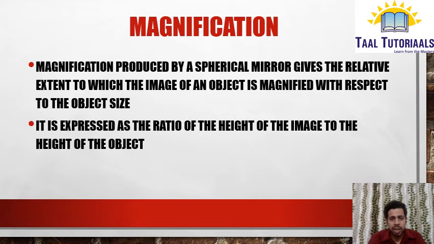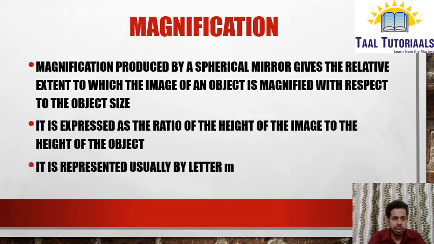If the height of the object and height of the image are the same, then the magnification is 1. That means it is not magnified, it is giving the same size image as that of the object. But if the numerator is greater than the denominator, then we will get a value more than 1. That means it is magnified. How much magnified, we will get by measuring the height of the image and height of the object.